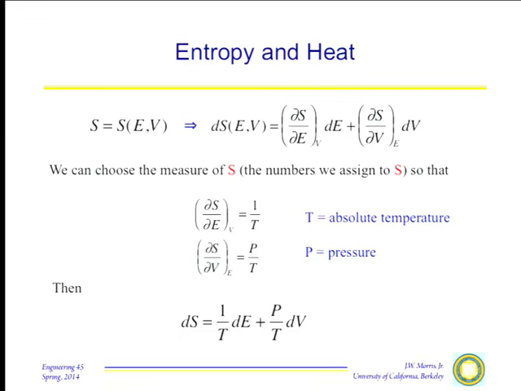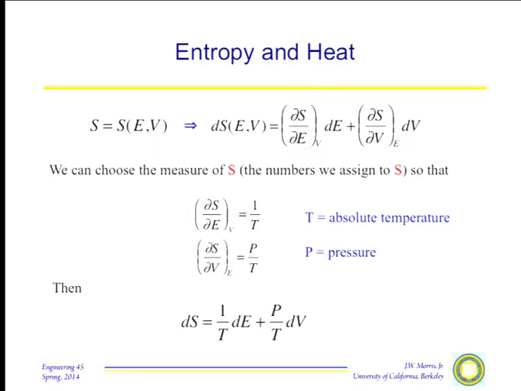The first thing that we can show is that the change of entropy with respect to energy at constant volume is a measure of the temperature. More specifically, it's a measure of the reciprocal temperature. Now, let me just assert that for the moment. I'll show it to you a little later. The temperature I've defined in this way has the two properties that we associate with temperature. What are they? If we take two systems and bring them into thermal equilibrium, they have the same temperature.